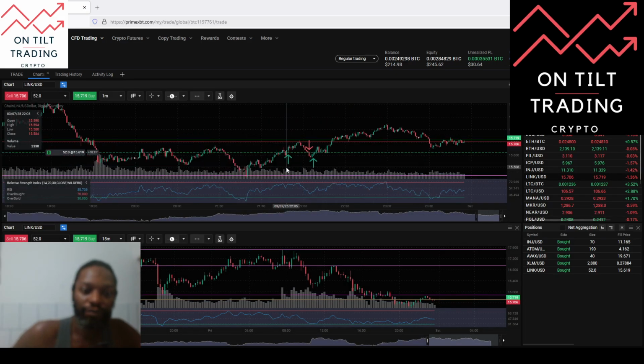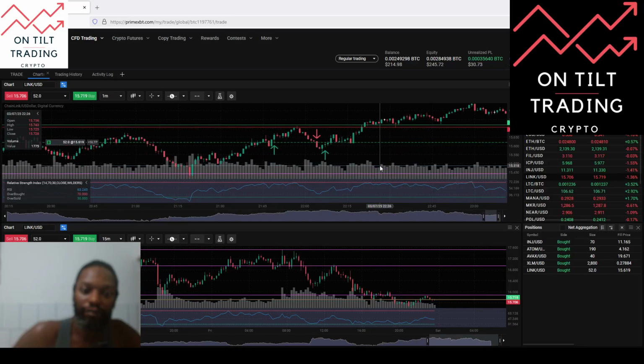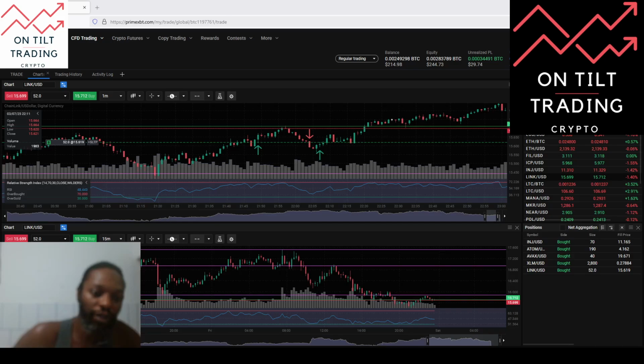Next up, Chainlink. Took a couple of tries on Chainlink. First entry here. I was chasing this one because this was actually my ideal entry. So oversold conditions, spike in volume, high volume profile, and these two candles here putting in a double bottom, which would act like an isolated pivot,